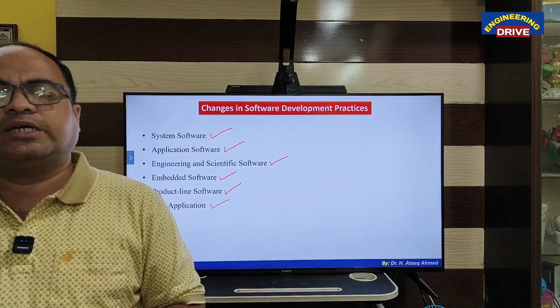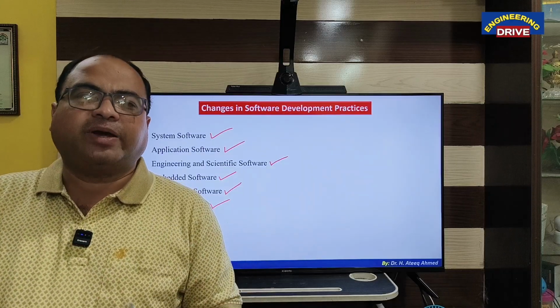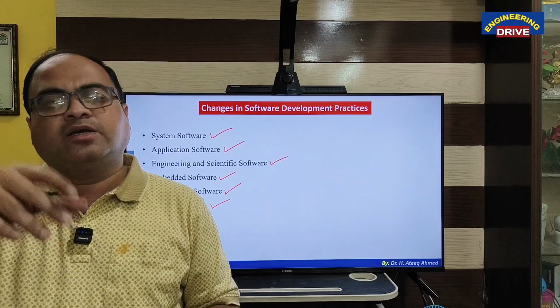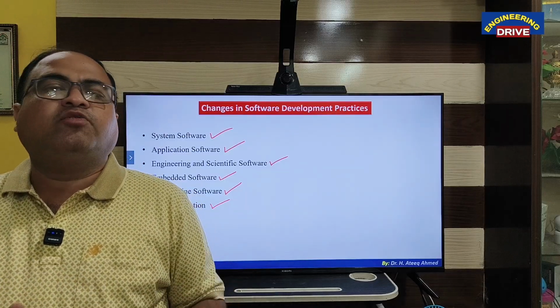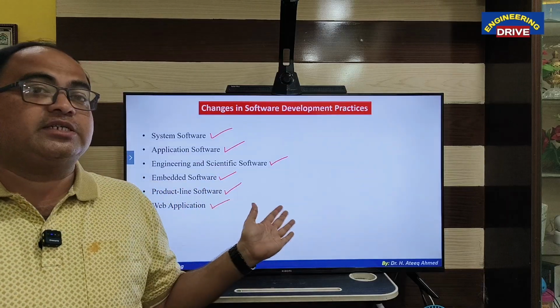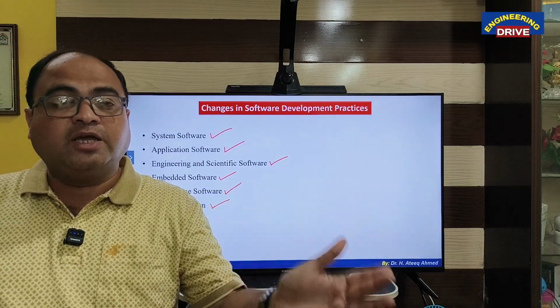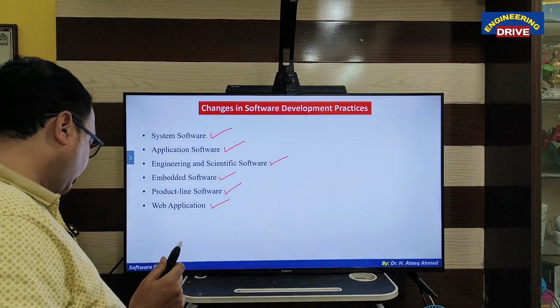Generally, these web applications can be developed using full stack development, front end as well as back end. By using the FSD concept, full stack development, various types of web applications can be developed. So web applications are also one of the evolutions in the software industry. This is another change that happened in software.